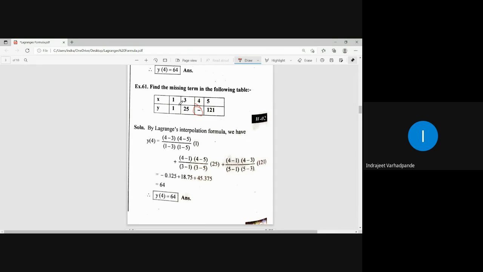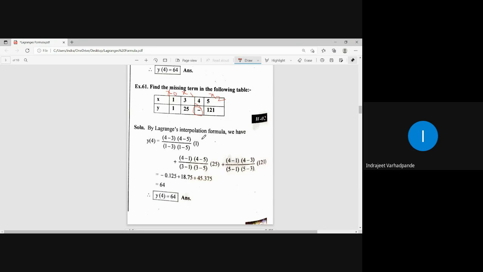So every time what I suggest is write down the terms for our understanding, labeling it as x0, x1 and x2. As usual, whichever value is to be calculated shall not be considered because we have to find out the term, right? Functional value is to be calculated which is not available, and hence it cannot be included in our formula step. So here I have x0, x1, x2. These are the three values of x. Now, one by one, we will be suppressing the value and writing down the formula.